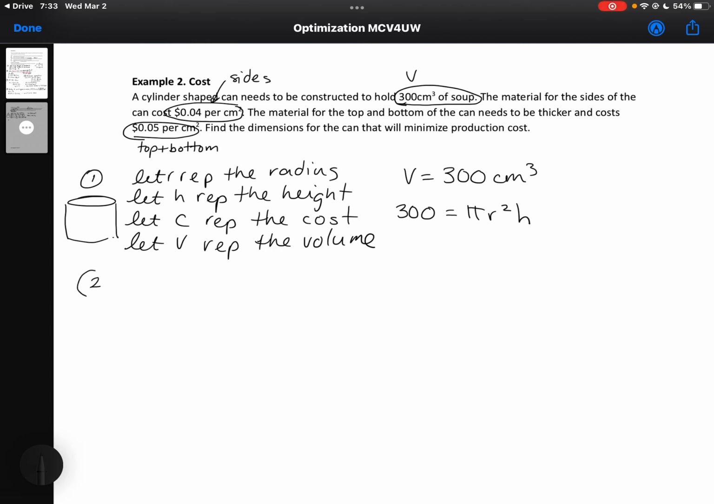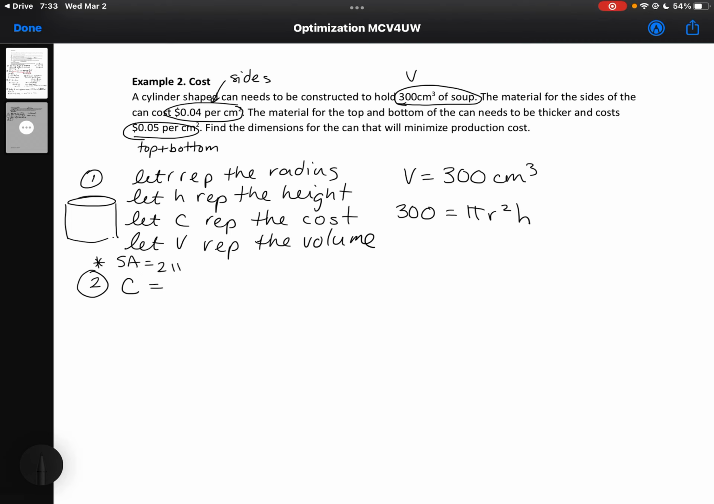And then I'm going to work towards making an equation. The equation that I'm trying to restrict is the cost. In order to find the cost, I would need to multiply the cost of materials times the amount of materials used. So I'm going to use the surface area. So I do need to know the surface area for a cylinder,